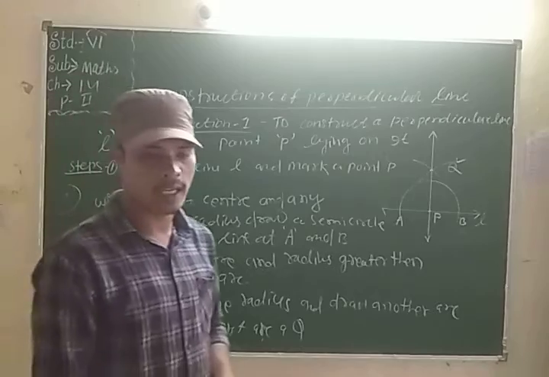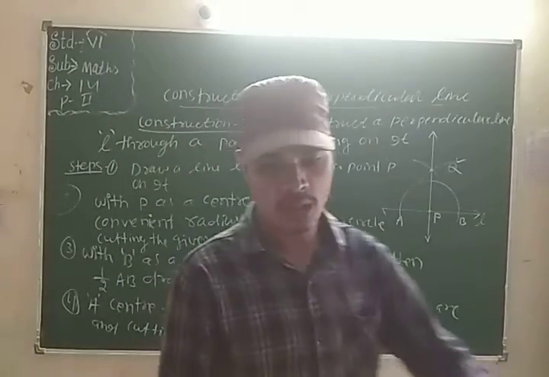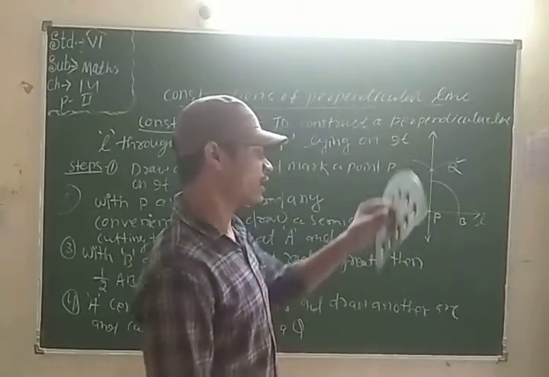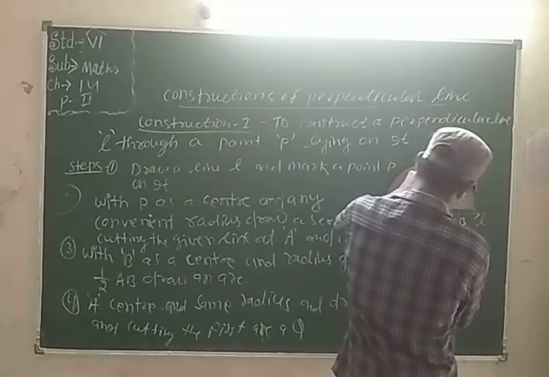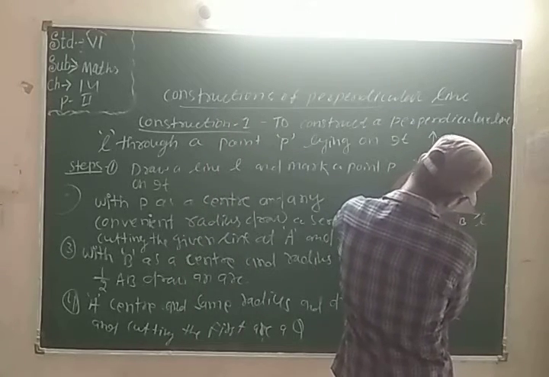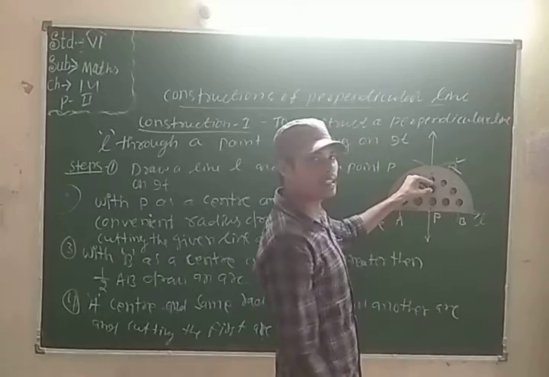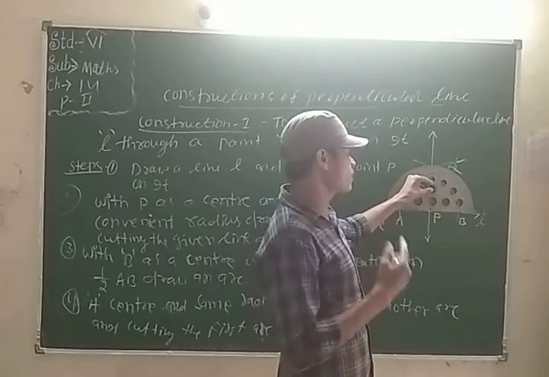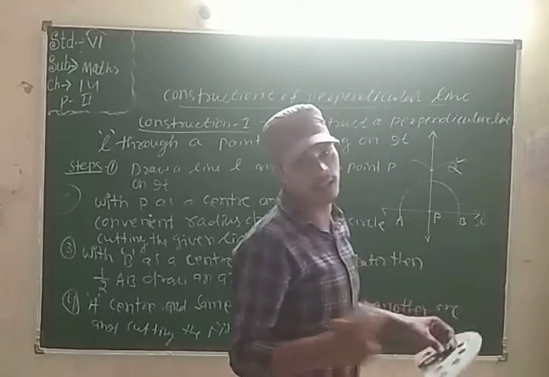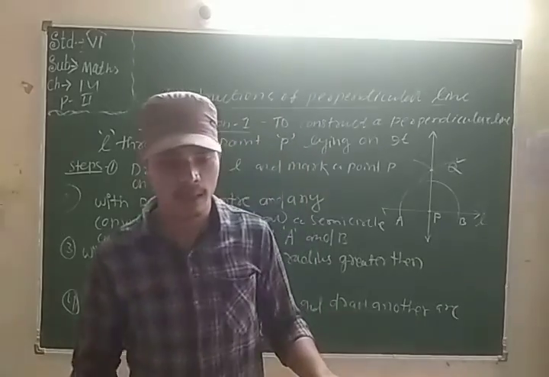So also with the help of the protractor we can verify it. See how you can verify it? We take the protractor and put the center here. See, here is the exact point of the center. Here is the exact 90 degrees, yes. You can also verify yourself whether it is 90 degrees or not. Clear about it? How can you construct perpendicular lines?